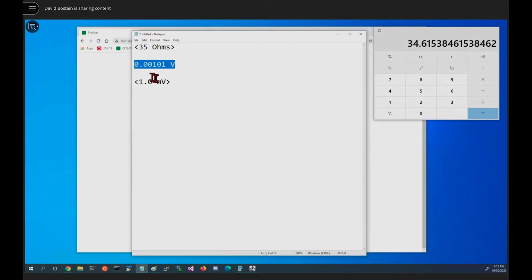So if you submitted this and this isn't the answer, we always justify our numbers so that there's either 1, 2, or 3 digits to the left of the decimal point, and generally it'll ask for 2 digits of significance. In this case, that would be these 2 digits right there. If this had been 5 or 6, this would have been 1.1.